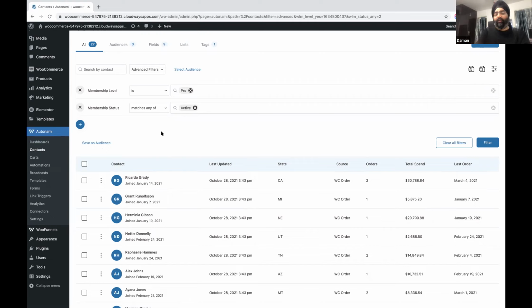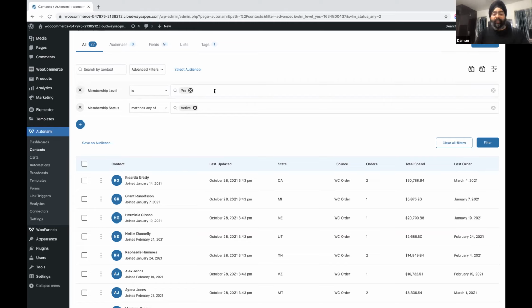So say, for example, all those people who are on your membership level pro but have expired in the last 6 months, Black Friday is coming. You may want to send them a coupon and say, hey, your membership level has expired. You could renew your membership with us. This is a coupon code and the link to checkout. So the idea is that you can now